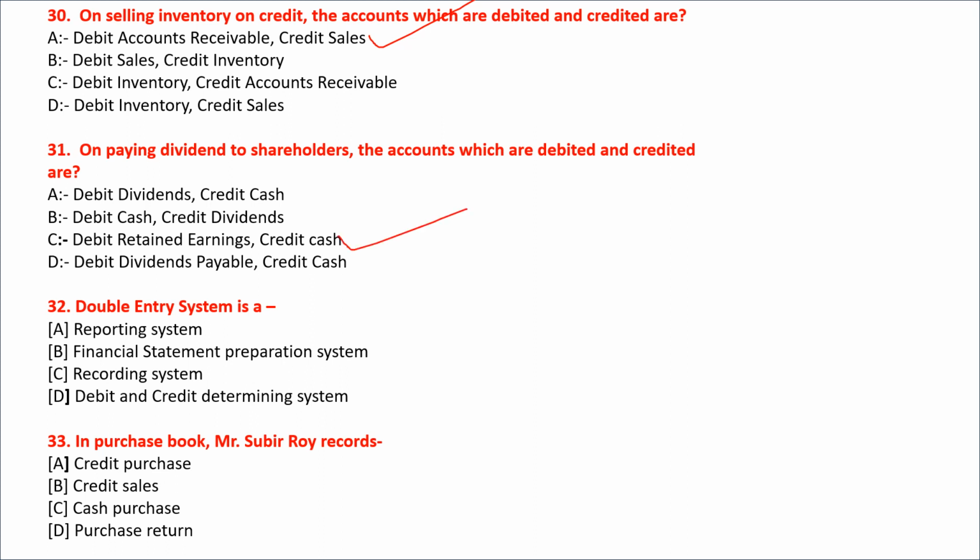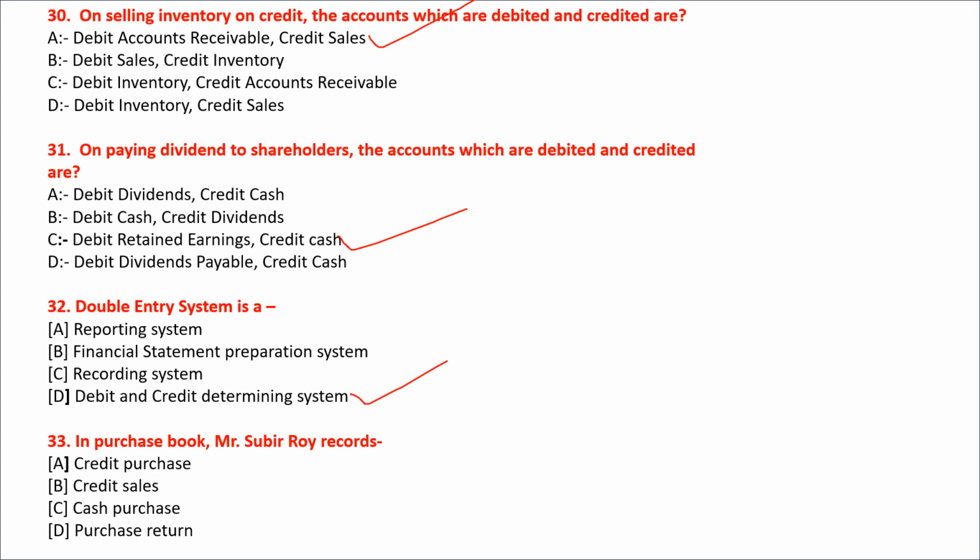Okay, अगला क्वेश्चन है double entry system is a reporting system, financial statement preparation system, recording transactions, debit and credit determining system. So इसका right answer होगा option D debit and credit determining system. Okay,